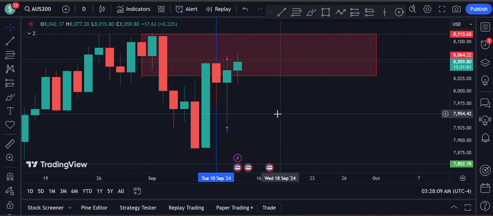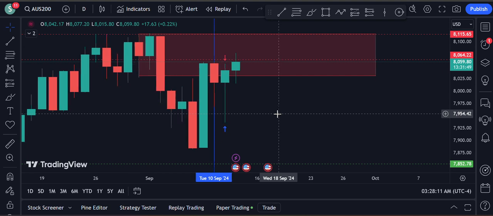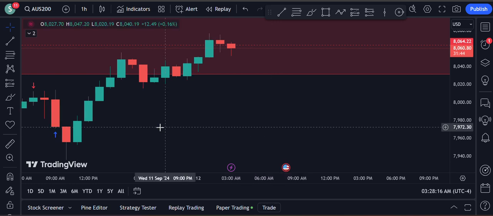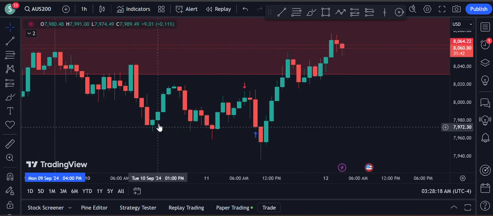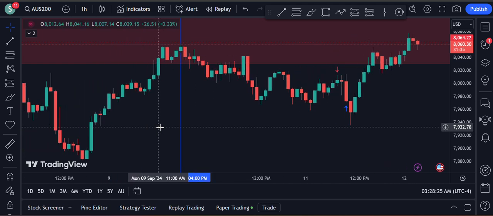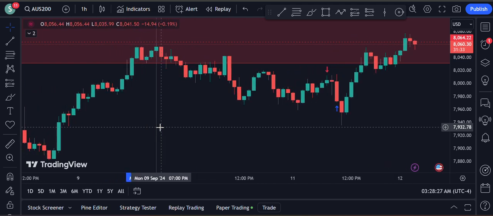When we move down to the lower time frame, our entry time frame, we'll go to the 1 hour time frame. Never go below, never ever go below your two time frames down. It is your entry time frame. If you are on 1 day analyzing the high time frame, then your entry should be on 1 hour. If you are analyzing on 1 hour, your entry should be on 5 minutes. If you are analyzing on the 4 hour high time frame, then your entry time frame should be 15 minutes. You can go up but never go down.